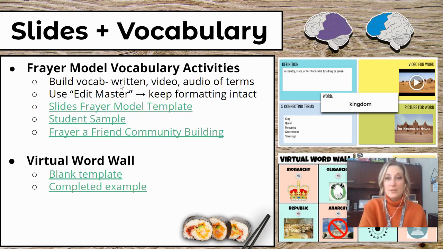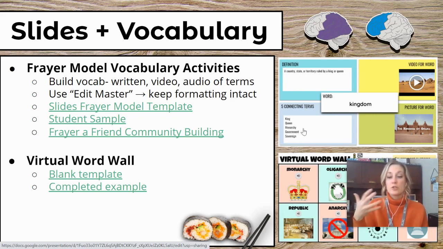model. If you have used the Frayer model before, if you haven't, it's basically having your students, you give them a word, like the example shown here, that's what this is. And the students write a definition, and then they manipulate their understanding or show their understanding of that word in different ways. So sometimes it's defining connecting terms, it's giving an example and then a non-example, or it's doing a